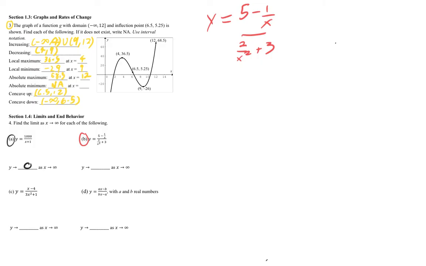One thing we can see is that we're going to break it up. As we're getting closer and closer to infinity, this 1 over x is going to be essentially 0, and this 2 over x squared is also going to be essentially 0. So we can say that our y is approaching 5/3 as x is getting closer to infinity, right? So next,